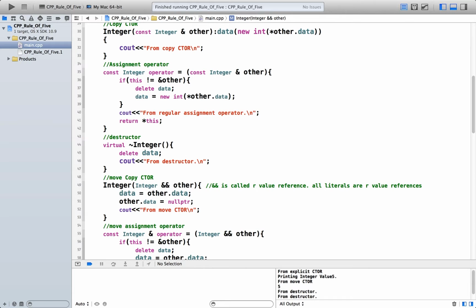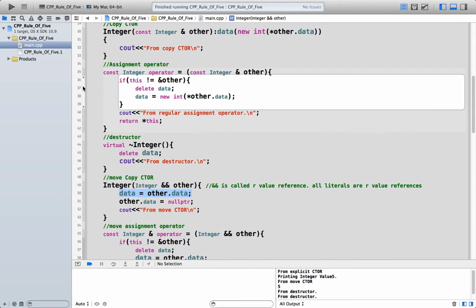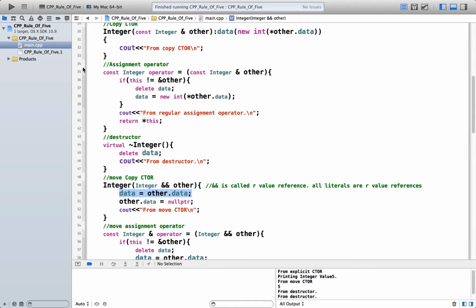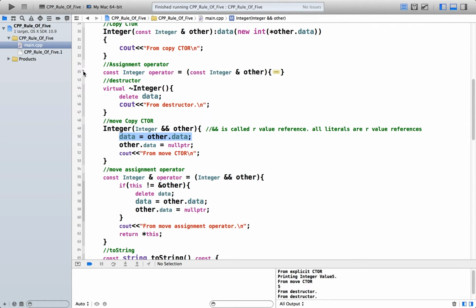Okay, so the syntax for the move copy constructor is class name, and then we are passing the same class data. Here we don't put const, and 2 ampersand means that what is being passed, other, is not an L value reference, it's an R value reference. Okay, so really the code here is quite different. I meant to say it's not the same, but it is quite different. Let me just collapse some of this code here. Okay, and you can see here a memory allocation was done,